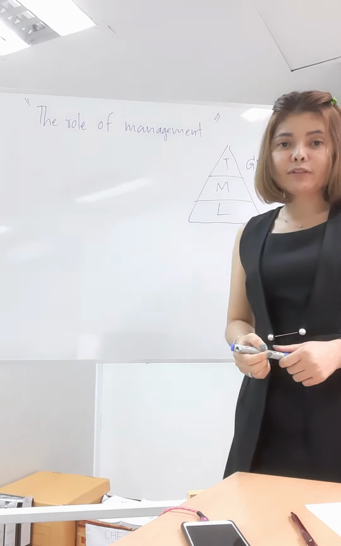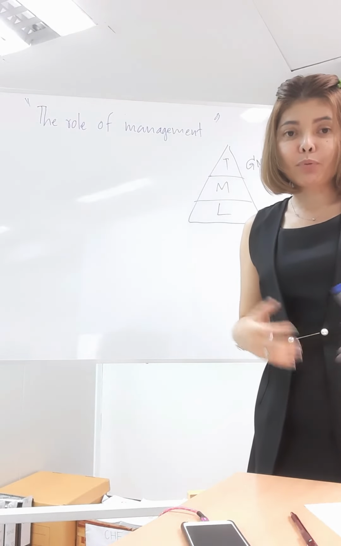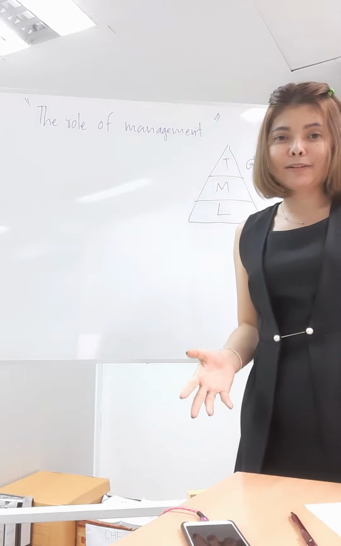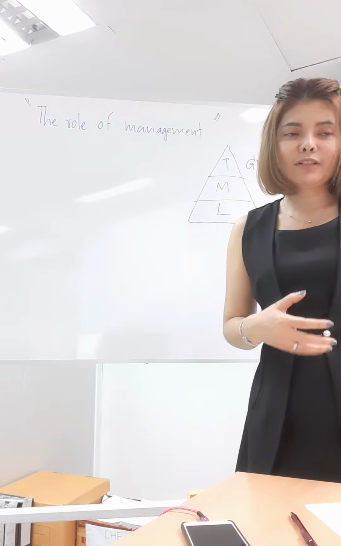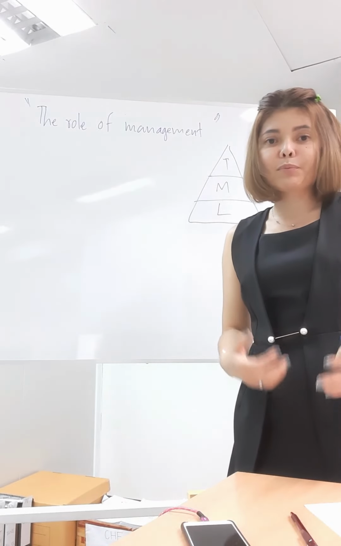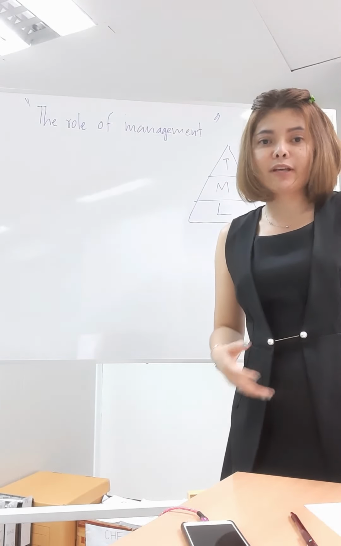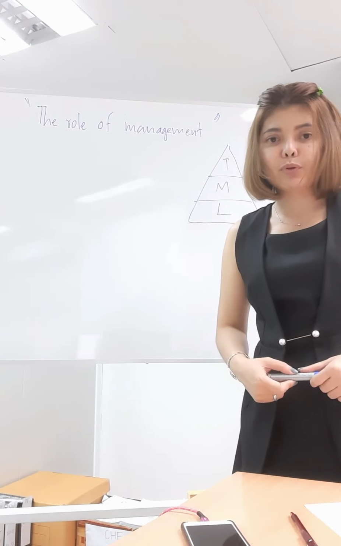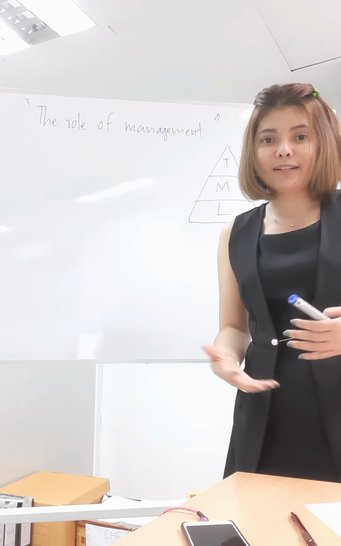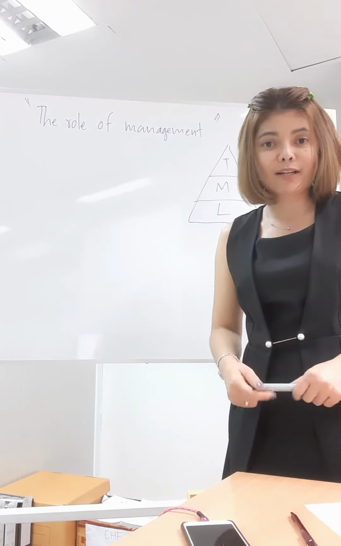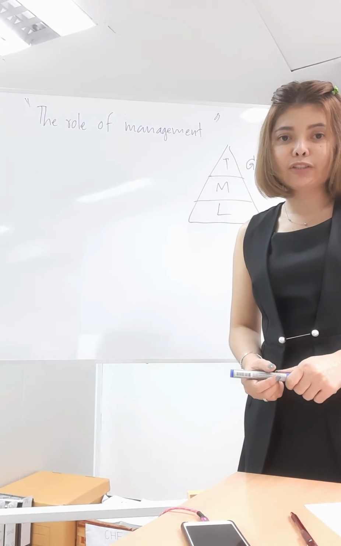The low management role is the person who controls the process. The process starts from ordering until the delivery of the product or the service to our customer, and finally we collect money from the customer. This is the process that we have to repeat again and again. That means it is routine. It seems like a routine job.